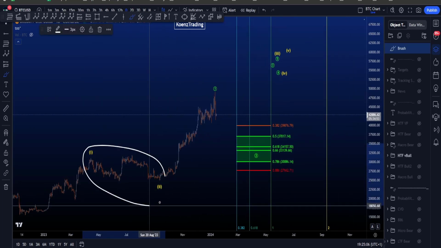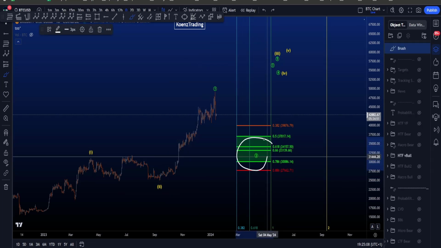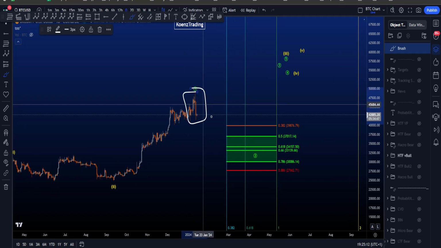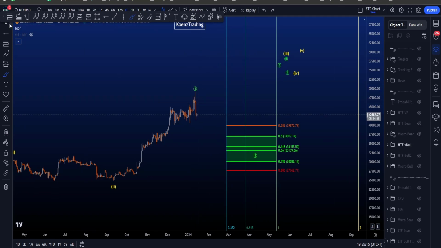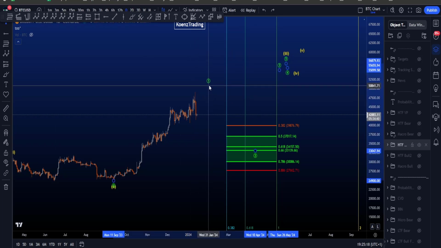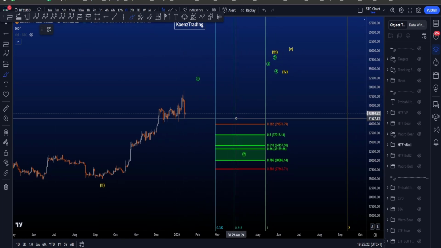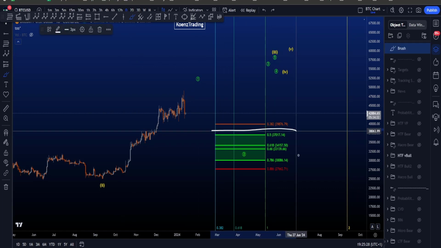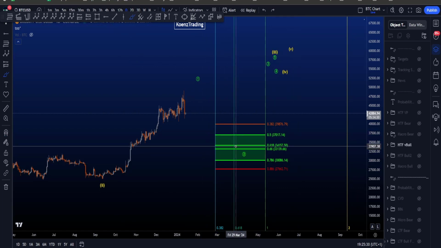Because this wave 2 is so shallow, I would prefer the next wave 2 to be very, very deep. Of course, we are not yet sure that the end of this wave 1 is in, right? With the daily updates, we always follow price action locally, so there's still the potential for this wave 1 to move up. But as it stands, with the fibs and the targets for this wave 2 pulled from the low to the high here, the target area for your wave 2 would be between the 0.5 and 0.786,